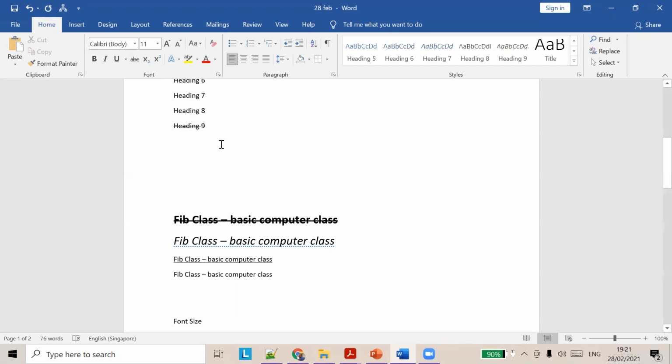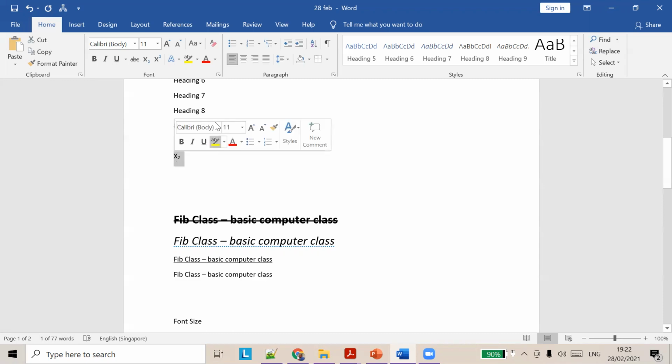Apart from that, we have subscript and superscript. We can see the examples here. If you see here, it's X2. Select the 2 and you can see this is subscript.